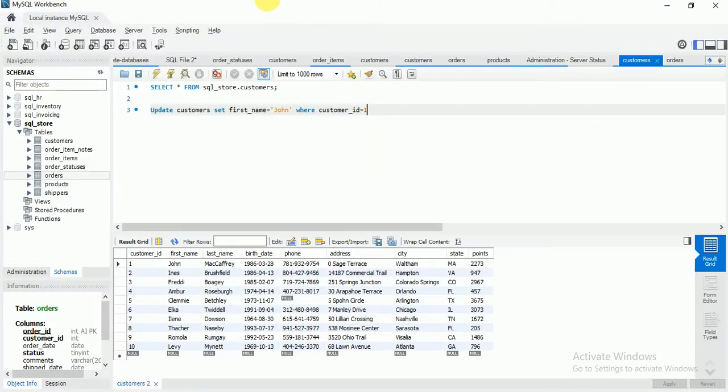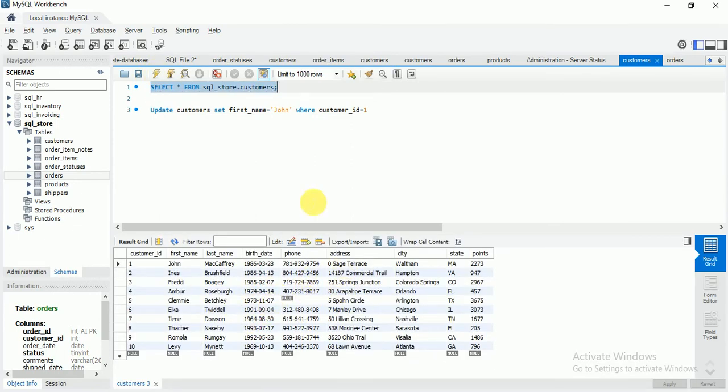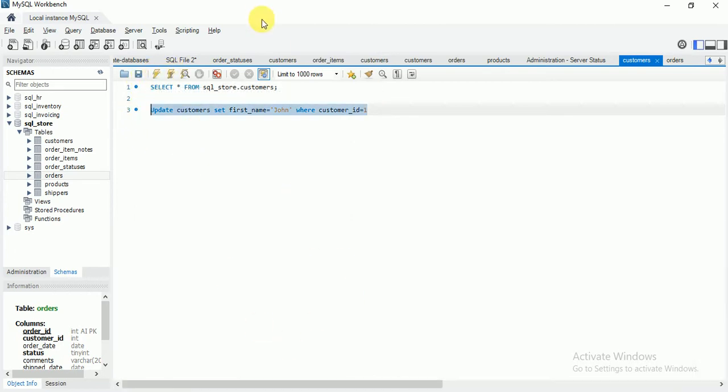Then you are going to get this page, the Workbench. This is the UI editor for SQL queries, where you can execute your queries. See here, I am executing these queries, the customers table is showing here, and I am updating this statement. You can see here it is updated successfully.